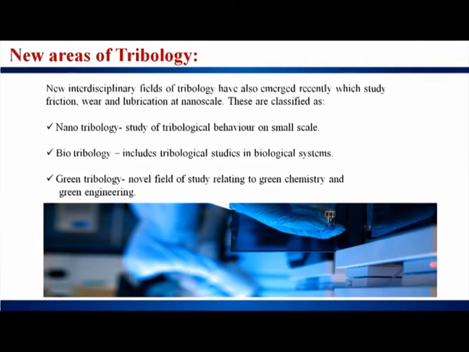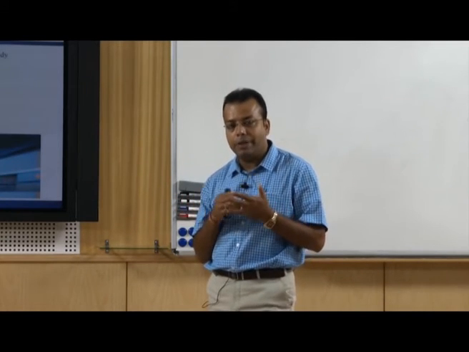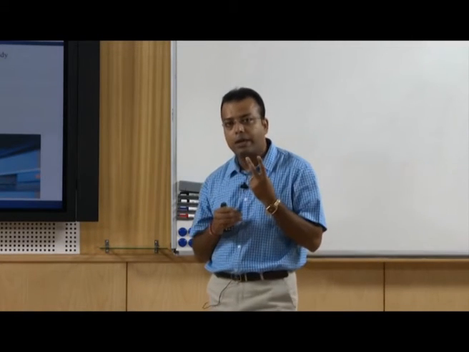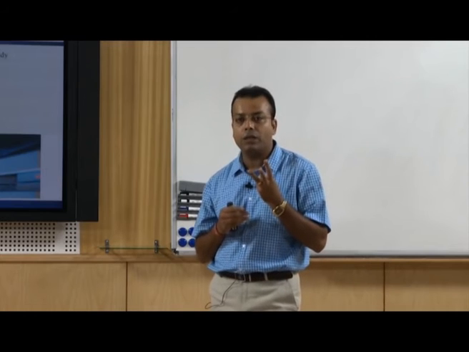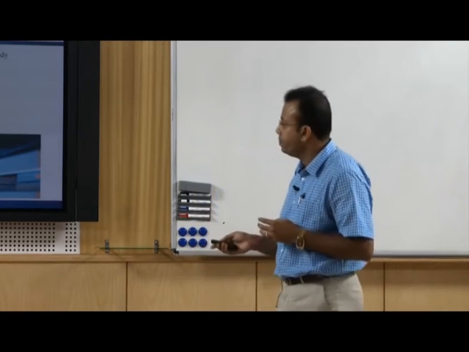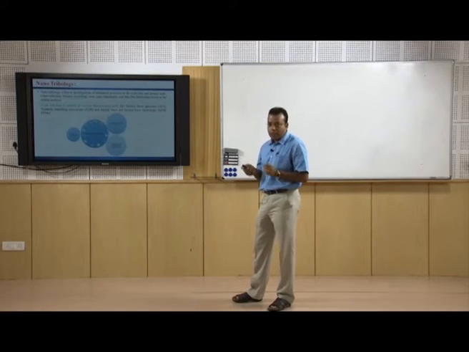Biotribology includes tribological studies in biological systems. Green tribology is a novel field of study relating to green chemistry and green engineering. So, tribology is basically divided into three parts: first nanotribology, second biotribology, third green tribology or green chemistry. First, let us discuss what is